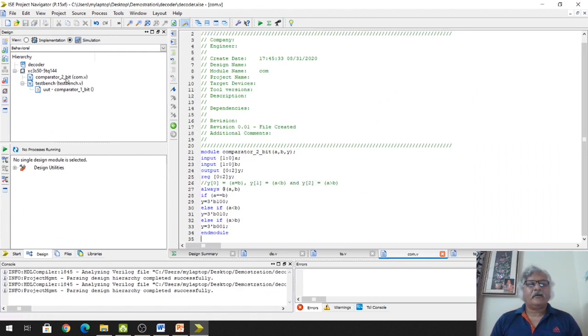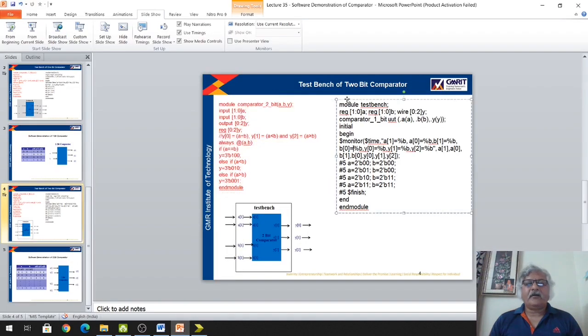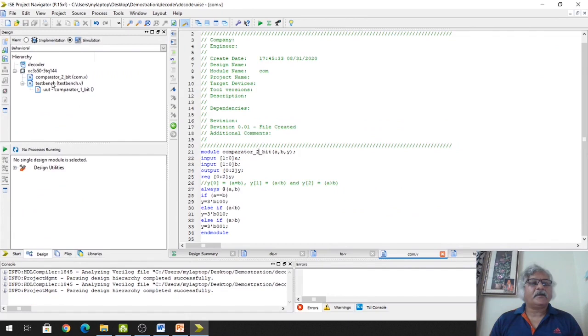Okay, this is the 2-bit comparator. Right. Now I will take the unit under test code from the test bench and paste it there in the test bench.